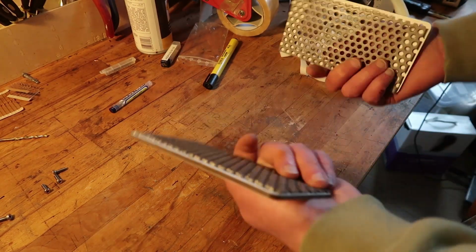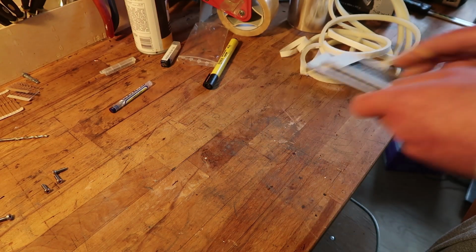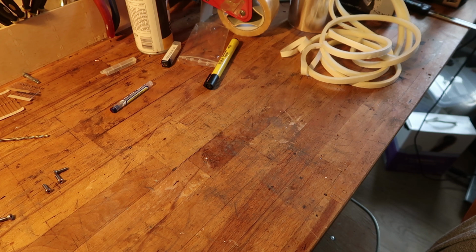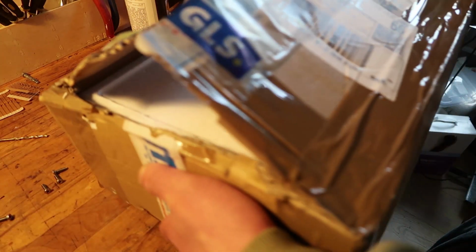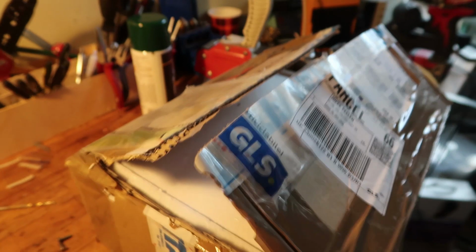So, they are glued. Not the prettiest picture, but it's glued. I finally invested in some very long neodymium magnets. It's a joint venture, I must say, because I cannot afford